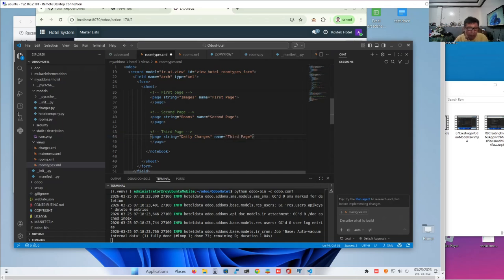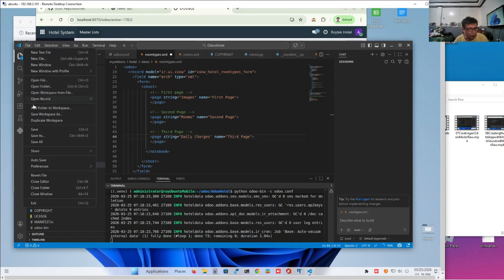We just press tab and then tab to adopt.